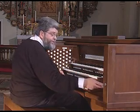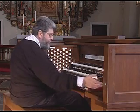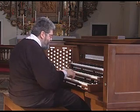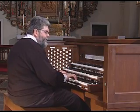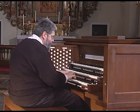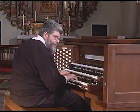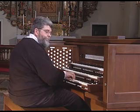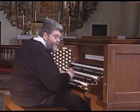And if you use that little stop with the celeste, the Erzähler down here on the choir, which gives some lovely quiet tone to it, it just creates a little magic at the top of the sound. Without the celesta, with it,